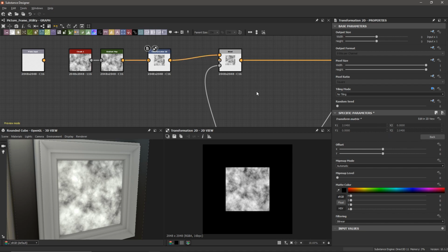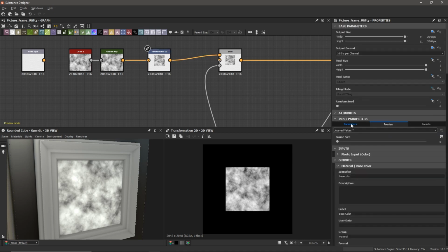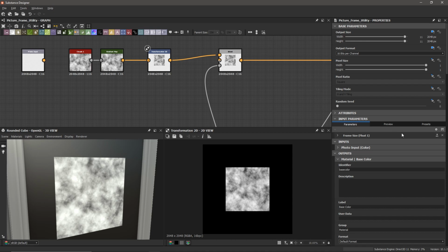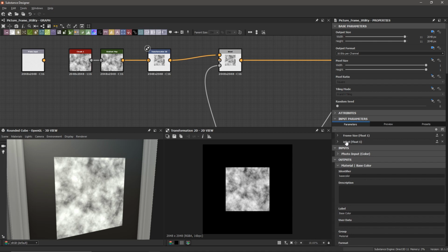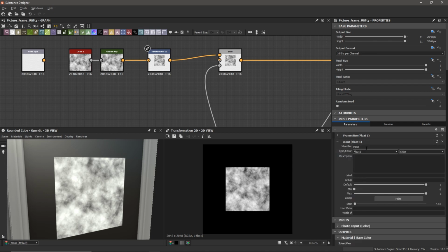If we double click on our graph to bring up our input parameters, click on the parameters tab and find this little plus button with a circle in it. It says add a new input tweak. Click on that. You can see we have a new input here. Let's twiddle this down and change the identifier to photo size, and it's a float 1 and it's a slider. Let's change the label to photo size, and now that we have this parameter as a global float in our graph,